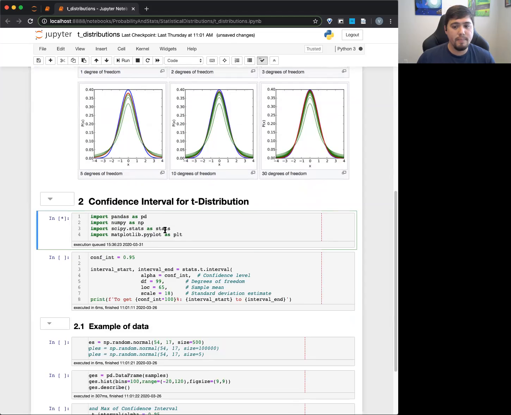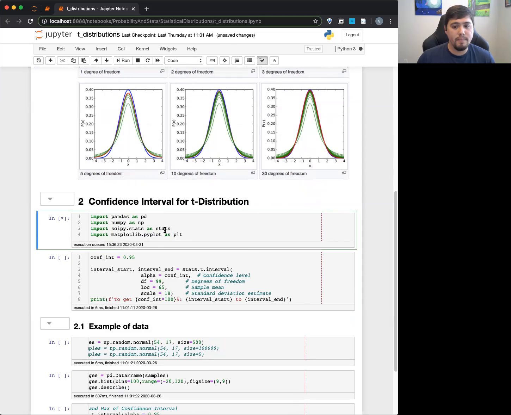So right here, I can actually call the confidence interval, and create this right here, with a confidence level of 0.95. This is just the degrees of freedom, which normally would be the number of participants you have. Then your loc and scale, which I think is super confusing in SciPy, but basically know that loc is the